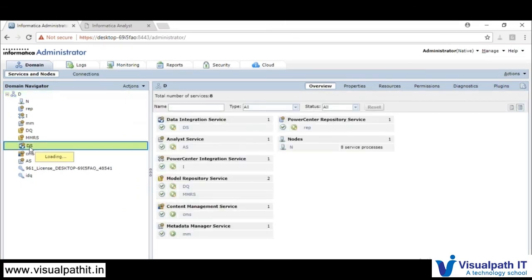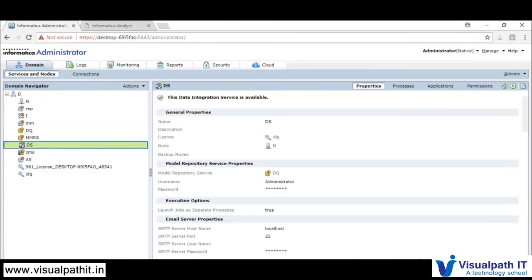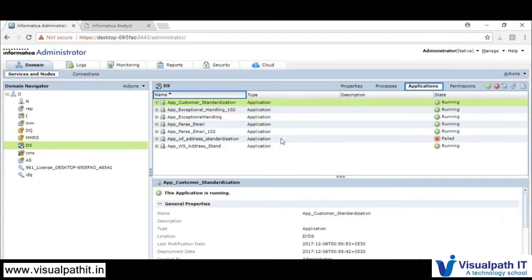Whenever you have your data integration service, by default Informatica has this application stack. That means it's a mandatory step, a configuration-level option you need to follow.